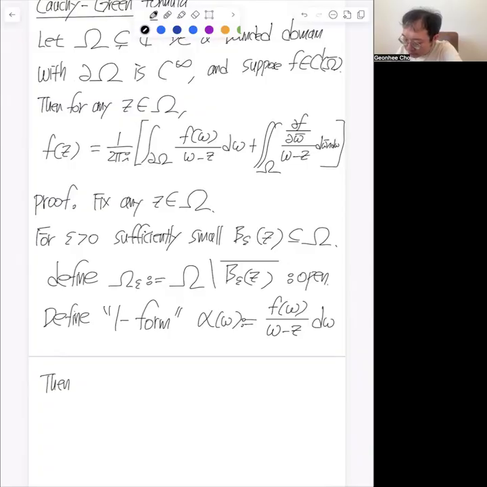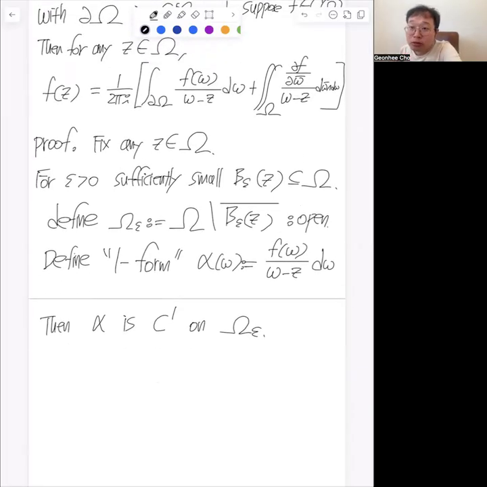Then f, this alpha is C1 on omega sub epsilon. So this is one benefit of considering this omega sub epsilon. So then what we can say is we can apply this generalized Stokes theorem. So by Stokes theorem,